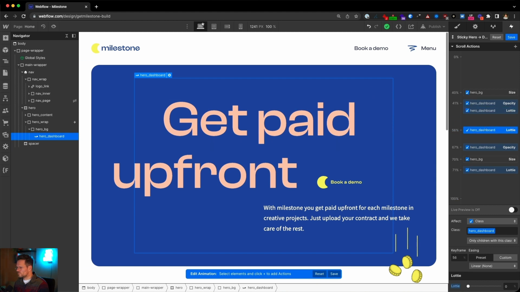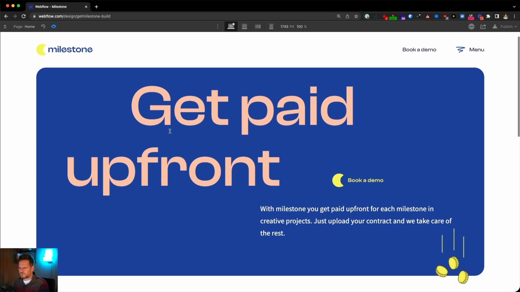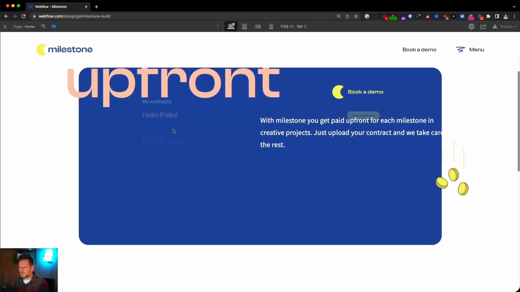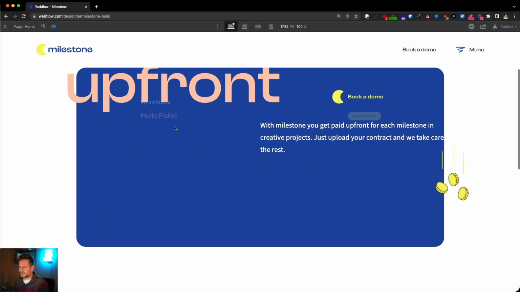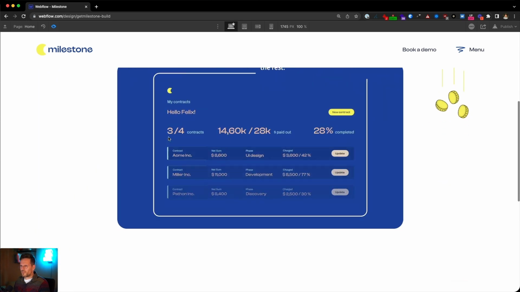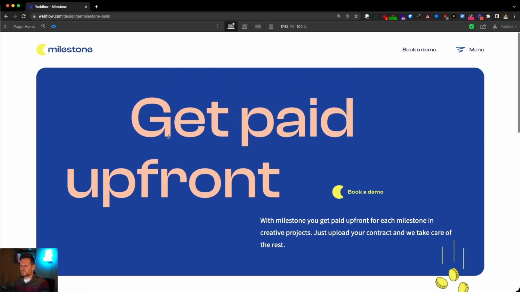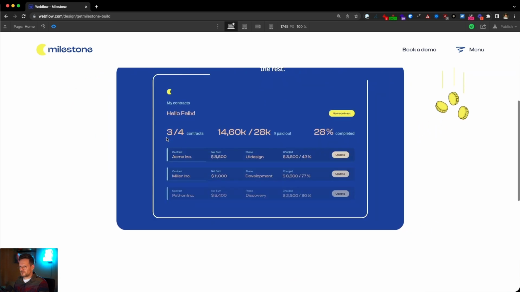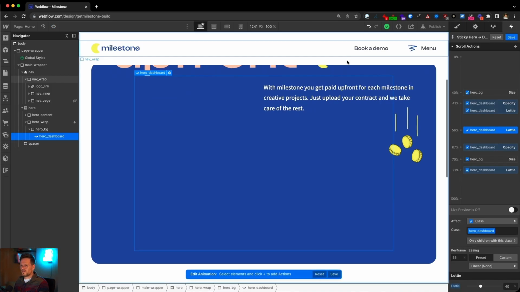I want to manipulate the speed a little bit, so let's choose something like 40 or something like that. It's better now. Not 100% yet, but let's get everything in here and then we will fine tune it.